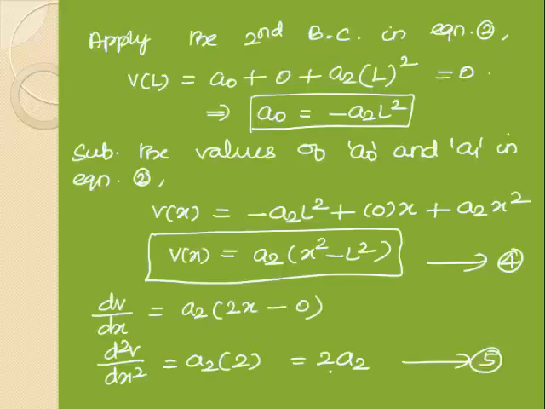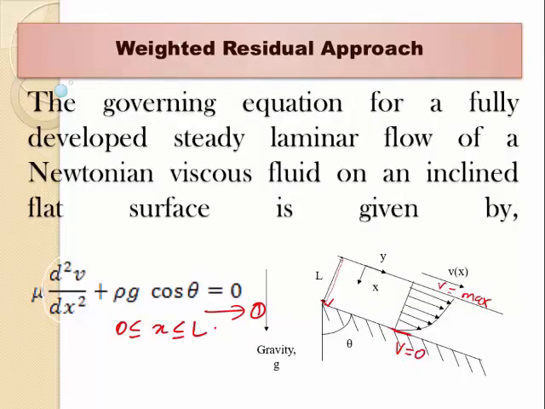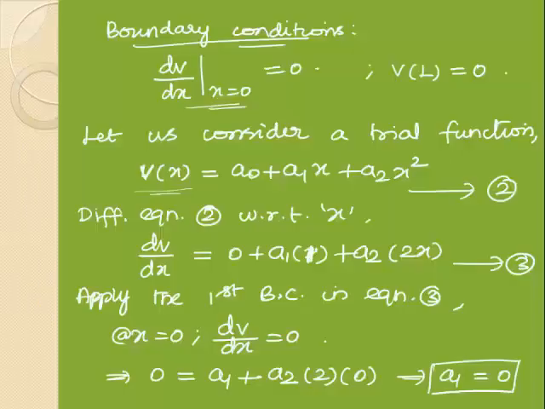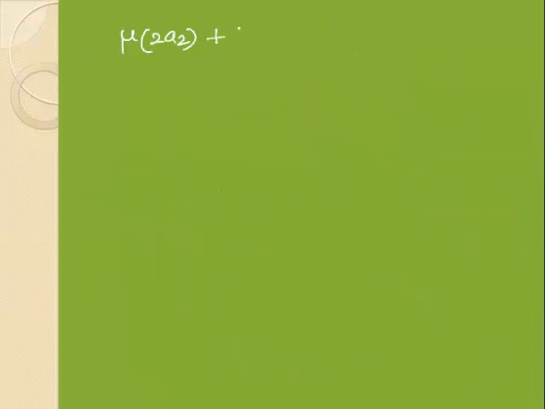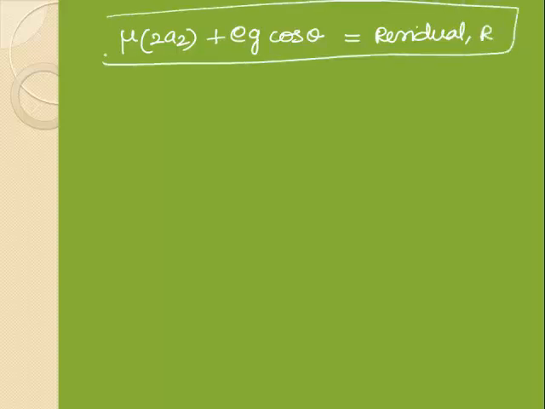mu into d square v by dx square, whose value we have found as 2a2, plus rho g cos theta. So this is called the residual function, residual R. Okay,